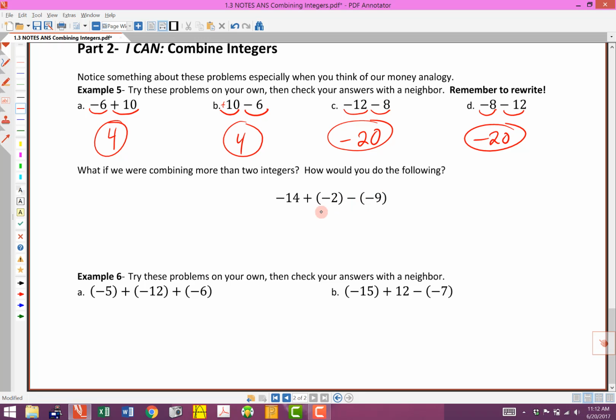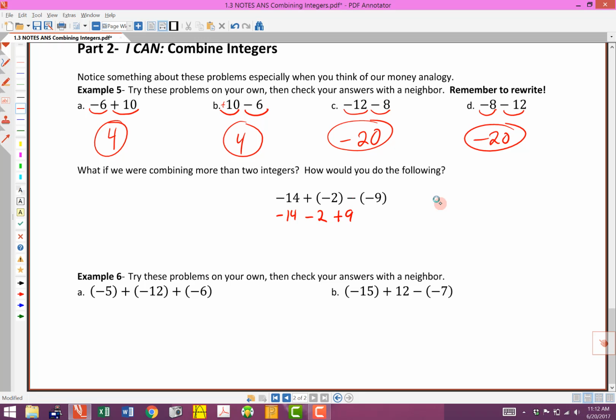Well, the first thing you're going to notice is that we've got more than one sign in front of a couple of these numbers. So the first thing I would recommend doing is rewriting this. So we're going to write negative 14. We're going to see that implied multiplication. This is implied positive times a negative, so this is a negative 2. And we've got a negative times a negative, so this is going to be a positive, so I'm going to put a plus 9 right there. Now,